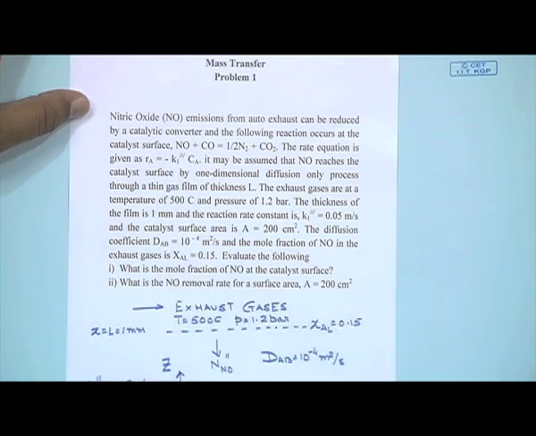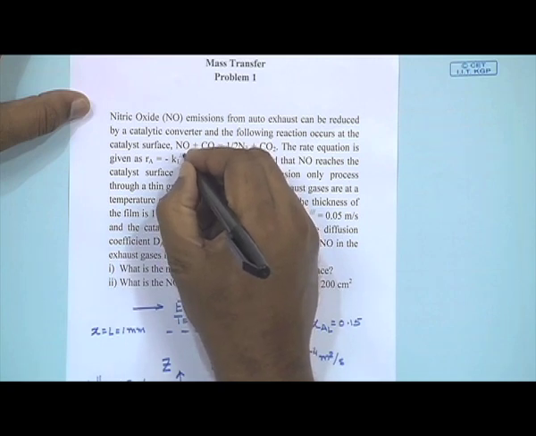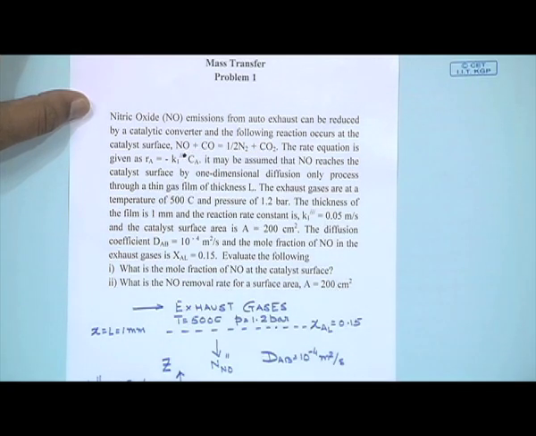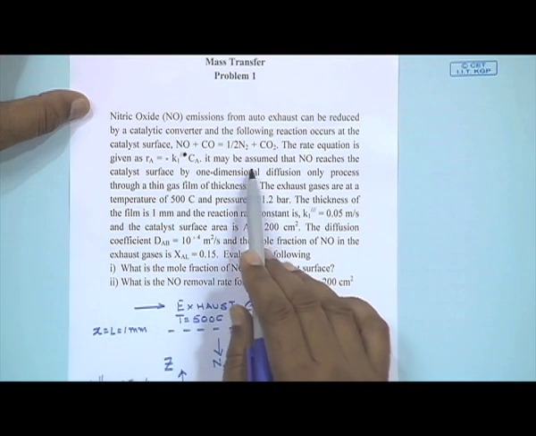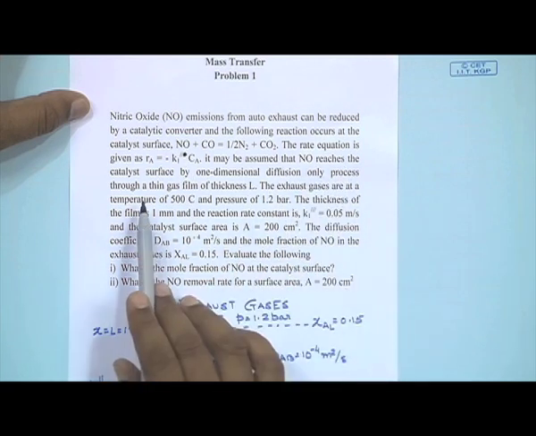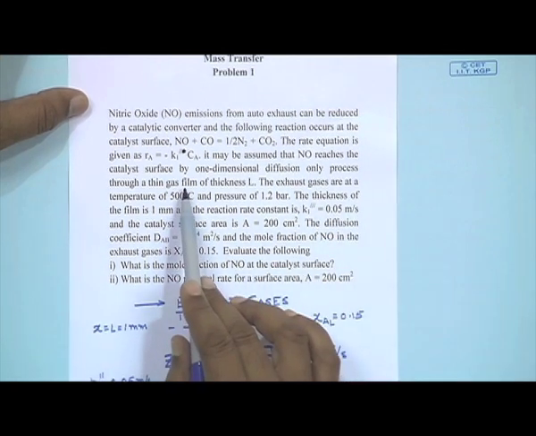It should be double prime, not triple prime. Since it is a heterogeneous reaction, by our convention the reaction rate constant has 2 primes on it, showing that it is a heterogeneous reaction taking place only on the surface of the catalyst. It can be assumed that NO reaches the catalyst surface by a one-dimensional diffusion only process through a thin gas film